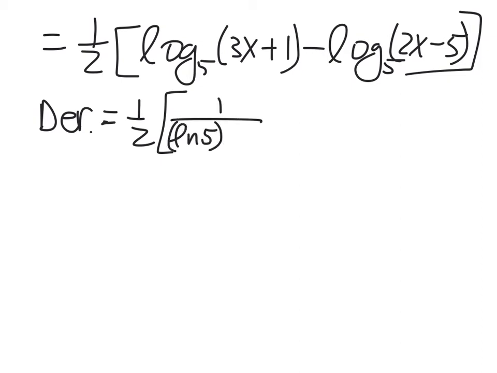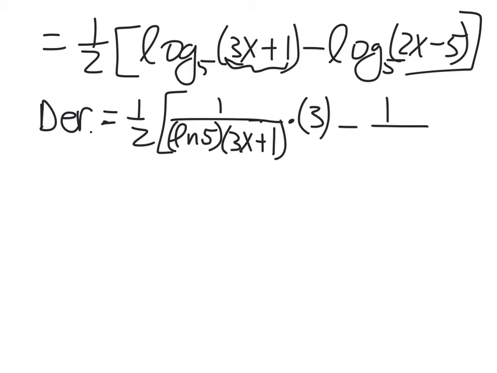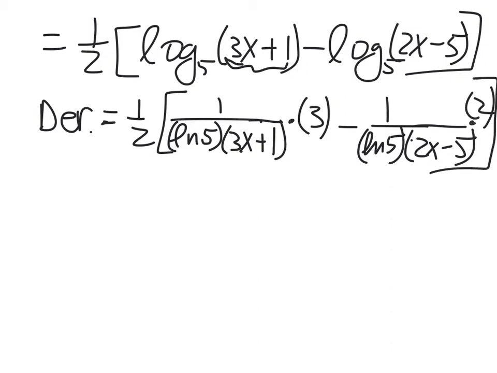Base 5, we got to change to natural log of 5 in the denominator. 1 over the inside, and then what? Okay, times the derivative of the inside. Okay, then the next one. And we're done, or once in a while there might be some little algebra you can do, but do not